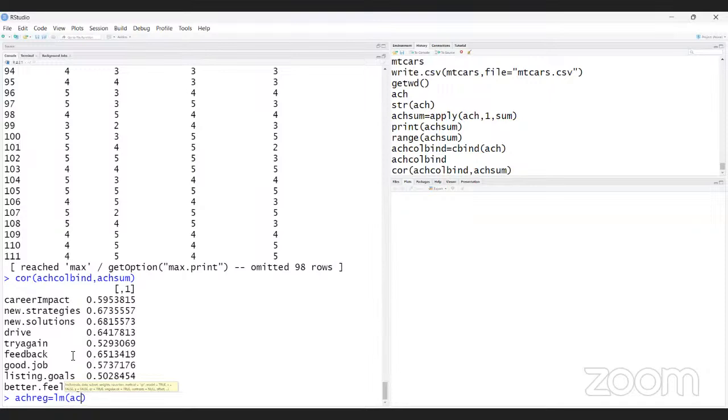H means achievement motivation data frame. And we find new strategies, new solution. New solutions. And then tilde H sum.